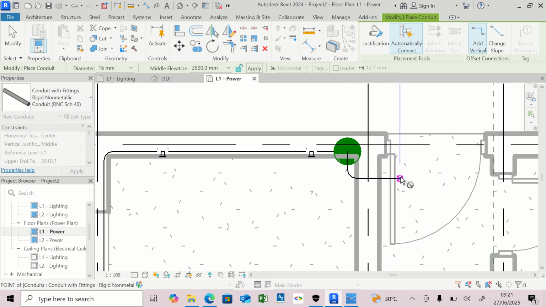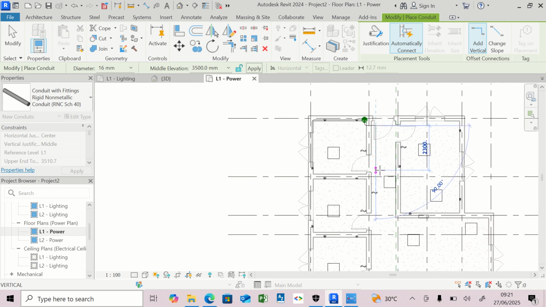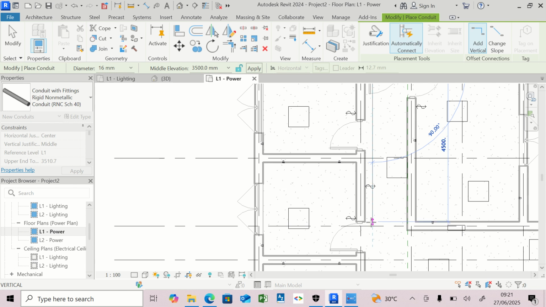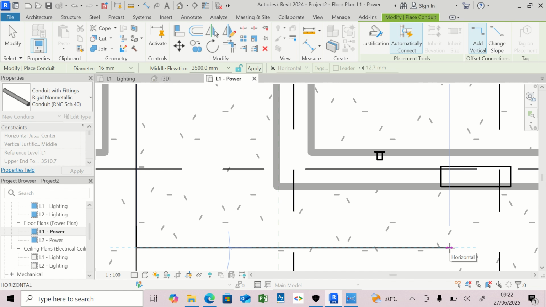All right, so from the lobby we have the light going all the way to where we have the DB. So this is a DB and everything is coming from up. So just take it here and